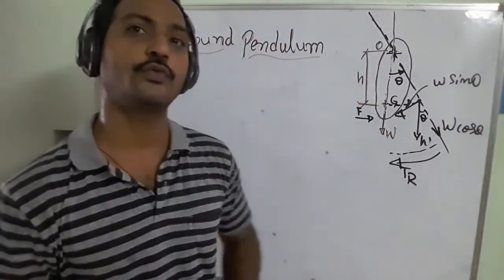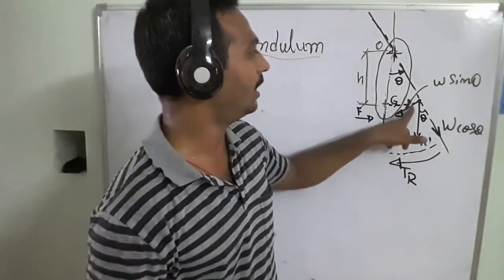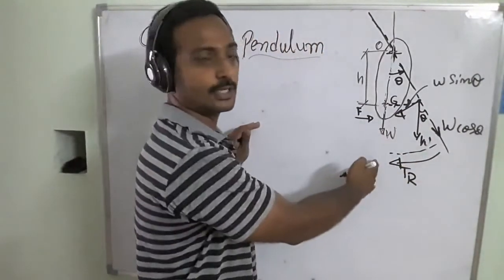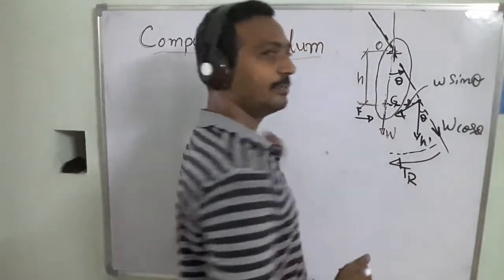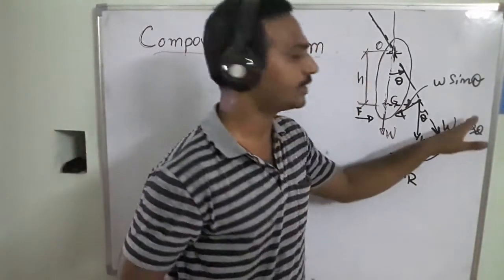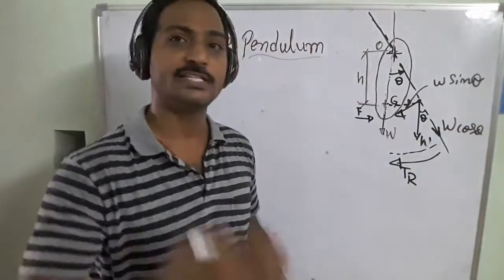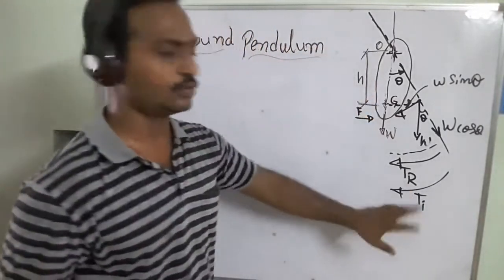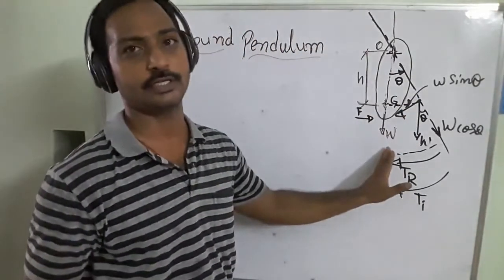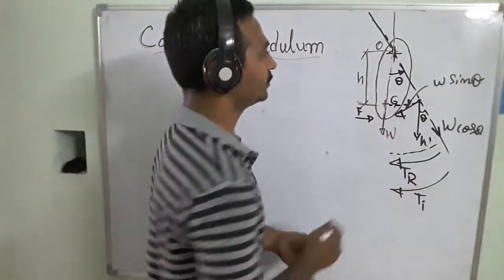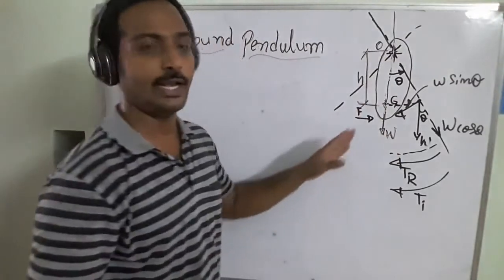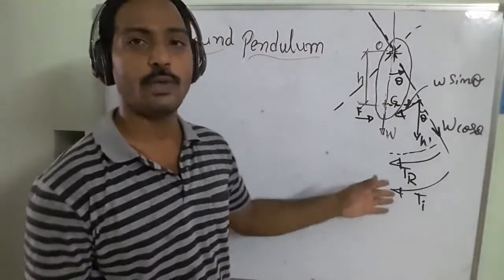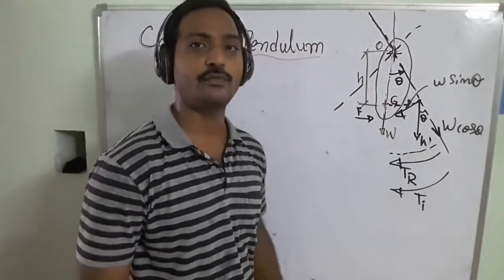As we know, the torque is equal to force into the radius, and here the force component is W sin theta. So the object is trying to go back to the original position. At the same time, the object is moving in this direction, meaning the accelerating torque is pushing towards the right side of this object. Then there is an inertia force generated, which I am going to call Ti. These two forces are trying to bring back its equilibrium position, but due to the inertia force, the object reaches another position. In this way the object starts oscillating under the influence of the gravitational force. Now we are going to solve this equation to get the natural frequency for this compound pendulum.